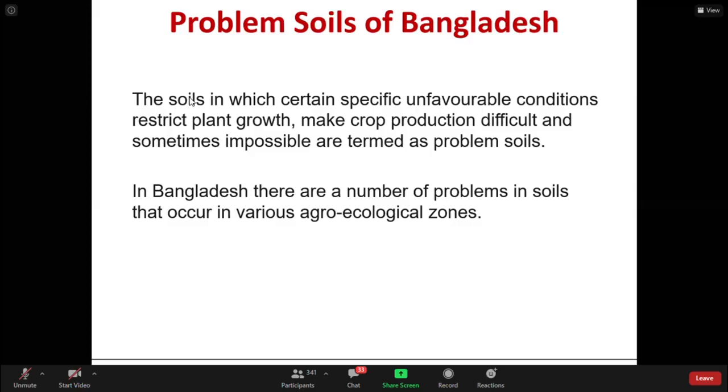It restricts crop growth. And to overcome those barriers, there would be a number of barriers for crop production, we need to design some special care. So special care is needed for growing crops in those conditions. When a soil is a problem soil, the soil has some specific issues that make our crop production difficult. And to overcome all those issues,